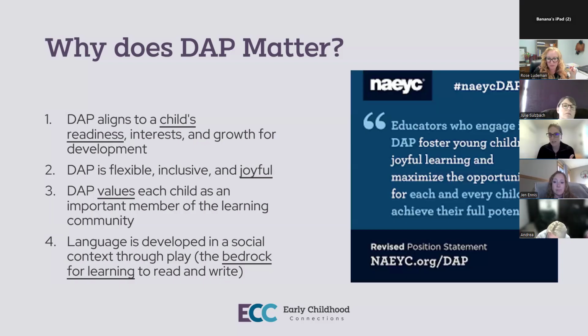progress in those domains. So, developmentally appropriate practice happens in four domains. It happens in physical development, cognitive development, social emotional development, and that well-being piece. So when we hit all four of those, the physical, the cognitive, the social, and the emotional, we are working on a developmentally appropriate framework.